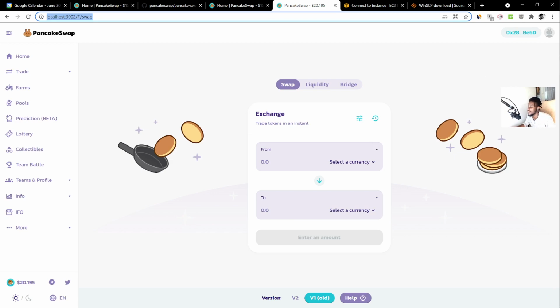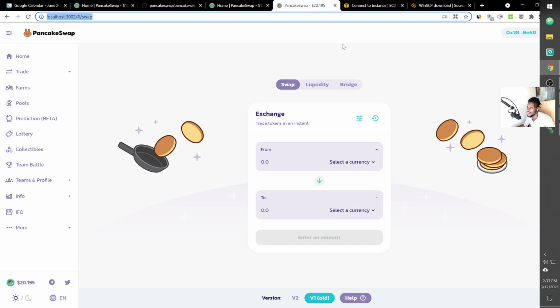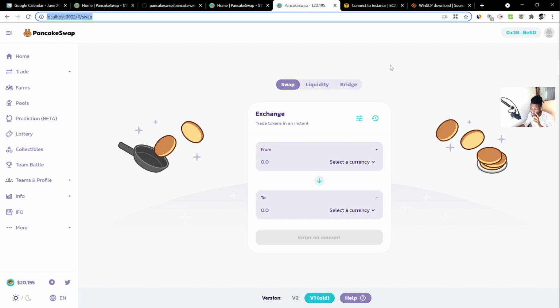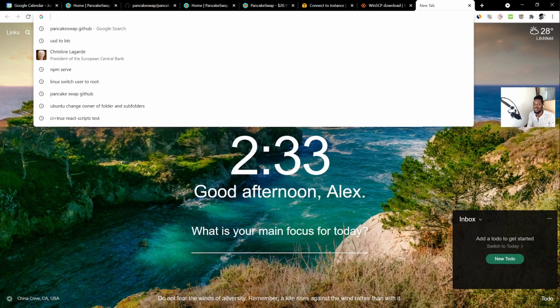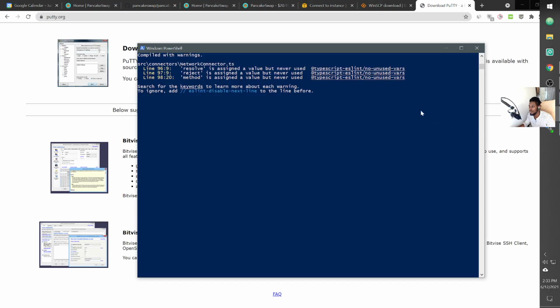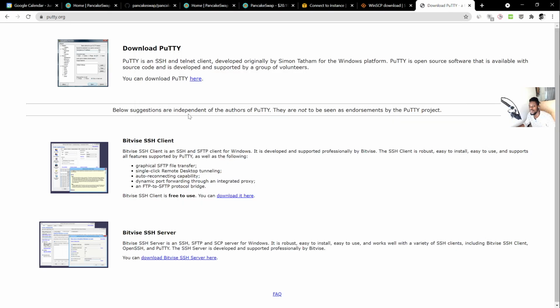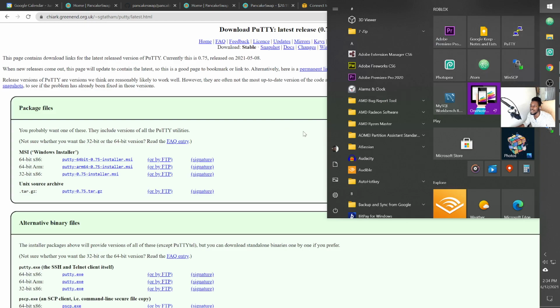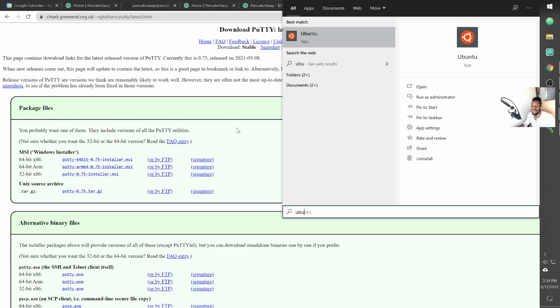Yeah, we set up our server and everything. Now we're going to need to set up another tool to be able to run commands on our computer. We can use a tool called PuTTY. It's basically a command prompt window that we can use to talk to our instance. I typically use Ubuntu on Windows, and that works,